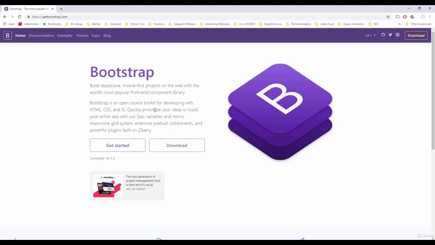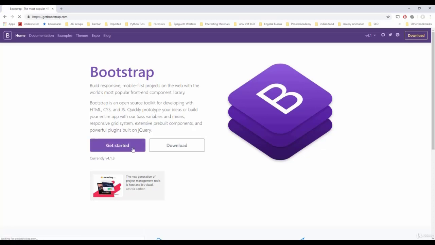So basically it says that Bootstrap is a way for you to build responsive, mobile first projects on the web with the most popular front-end component library. Right. So it's basically a collection of HTML, CSS and JavaScript,